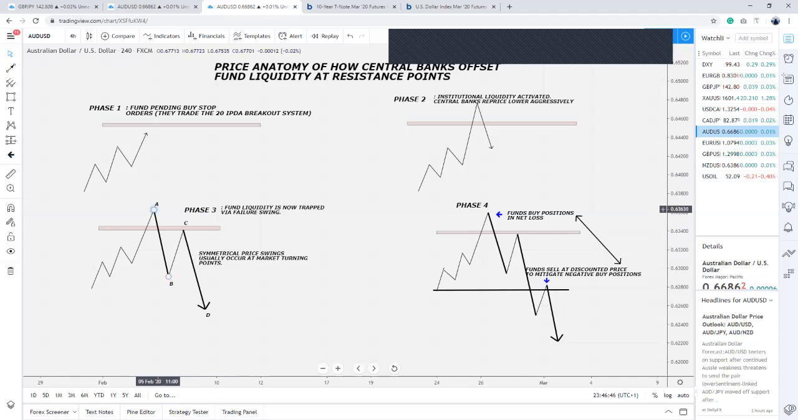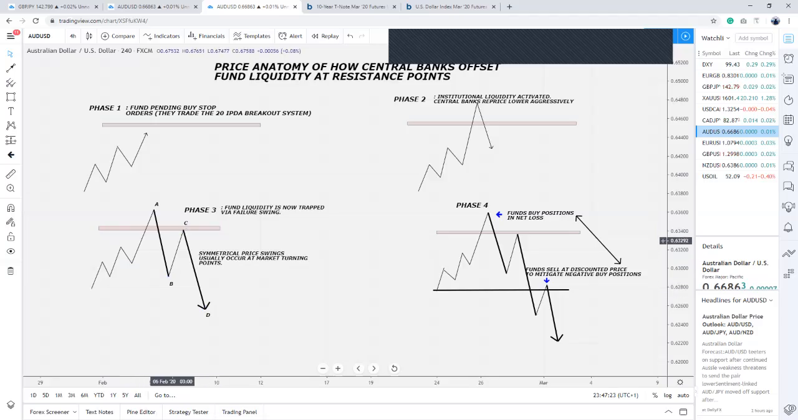So fund level liquidity is now trapped, and then the market would seek to make a measured move. So measured move meaning the distance from A to B would be the distance from C to D, which is your symmetrical price swing. So price is going to trap fund level liquidity, trade to the downside. Price is going to trade back up to mitigate central bank buy positions, that is, central bank mitigation blocks. Okay, so probably they bought the market around this level, or they're moving price back up to a premium level again to